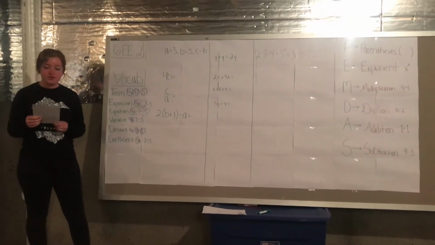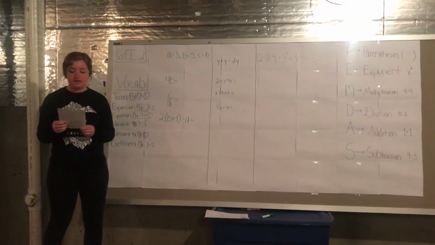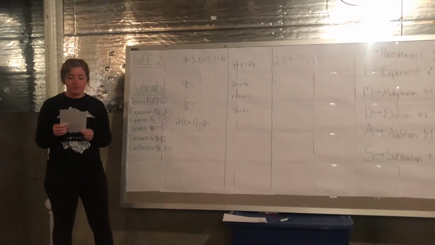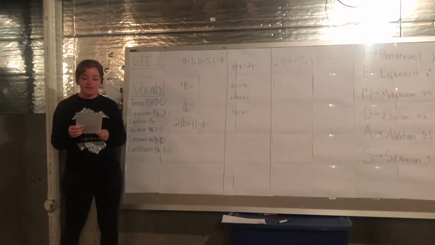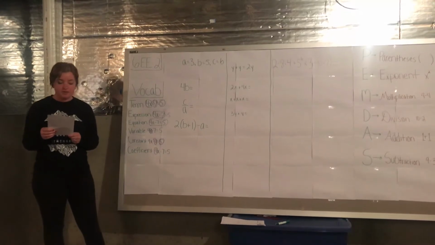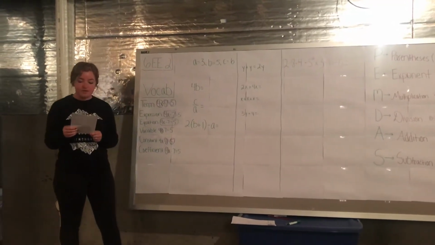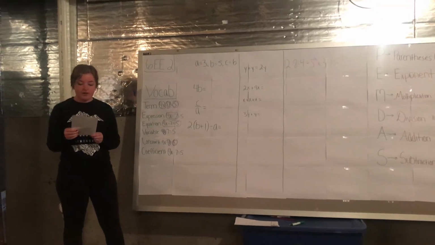The first one is students should be able to comprehend letters that stand for numbers. The second one is students should be able to write expressions of operation pertaining to letters that stand for numbers. The third one, students should be able to identify parts of an expression as well as quote the identities and